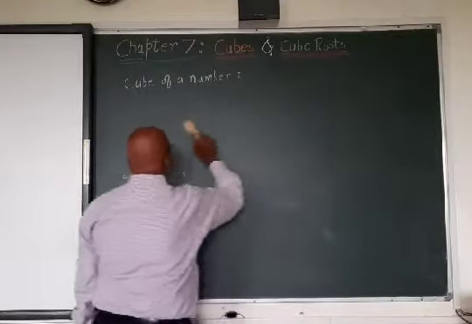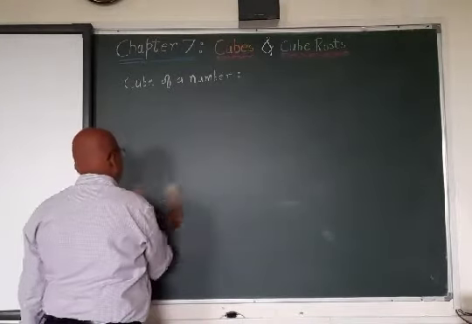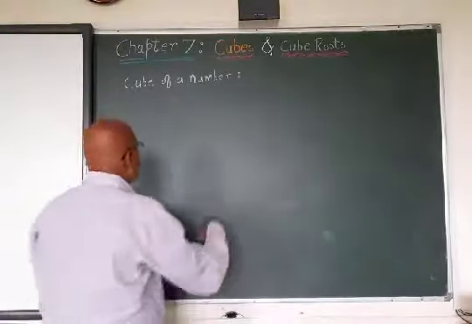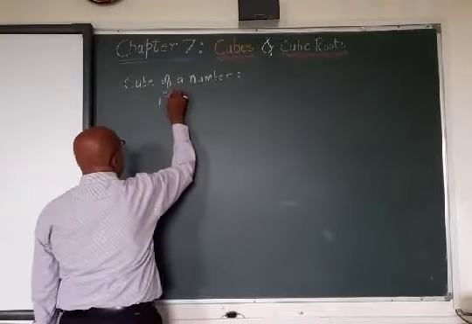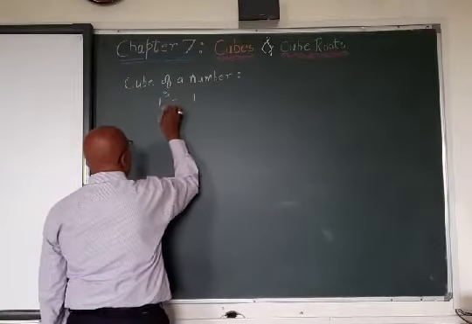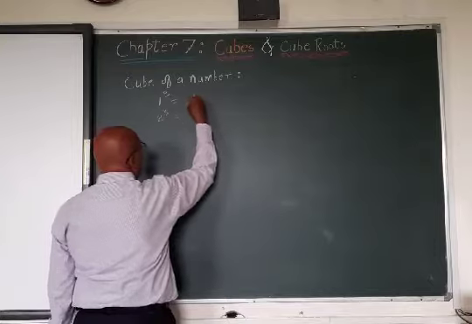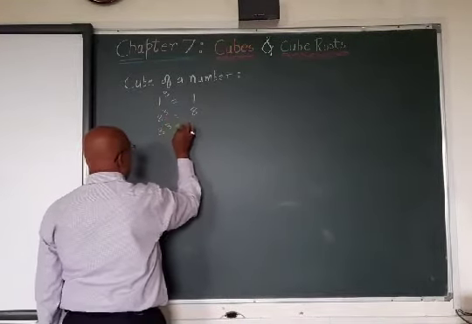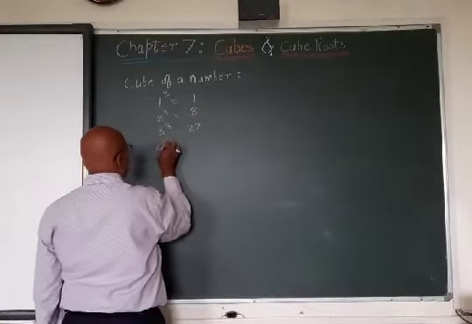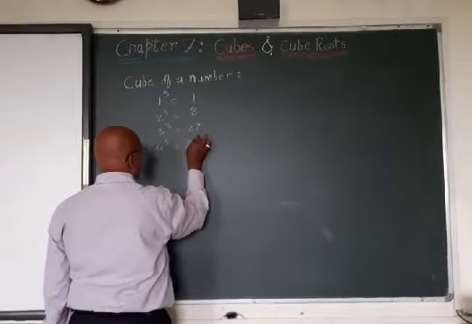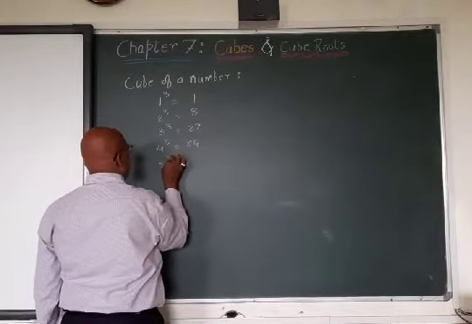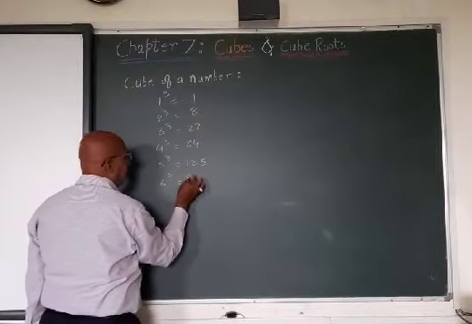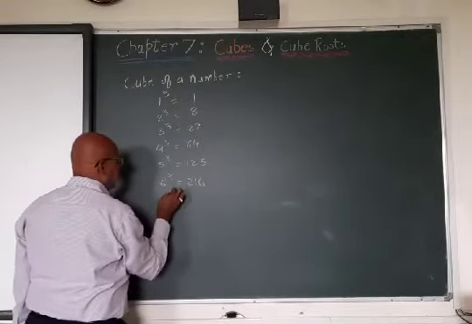So here we can have the series of the cubes like 1 cube is 1, 2 cube is 8, 3 cube 27, 4 cube 64, 5 cube 125, 6 cube 216, 7 cube